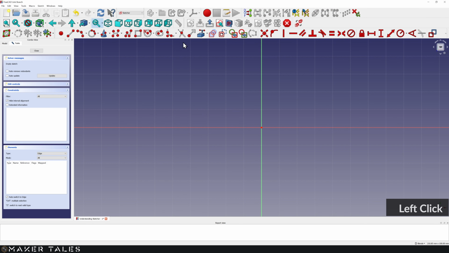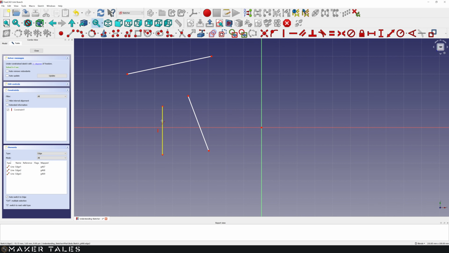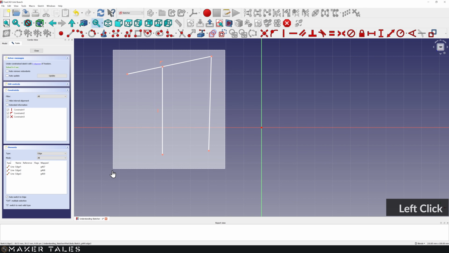Now let's go from trimming to extending with the Extend Edge tool. Let's bring in 3 lines here to showcase this, and then we're going to click it to turn it on because I can't seem to get the shortcut to work. You click on an edge, you drag it out, and that's it extended. You can also click on an edge and drag it out to another edge. You can also click on an edge and drag it out to a point, and it will extend it to that point. That there is the Extend Edge tool.